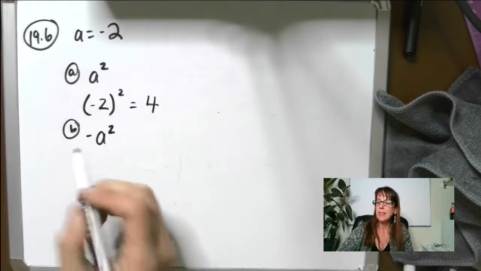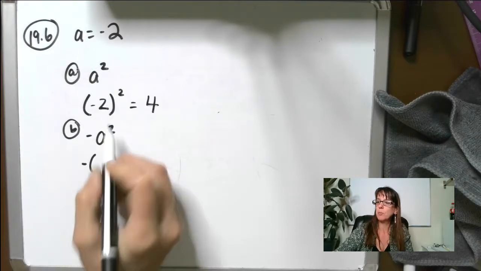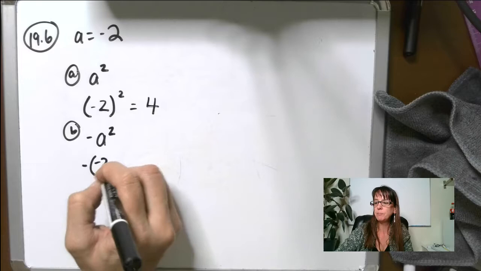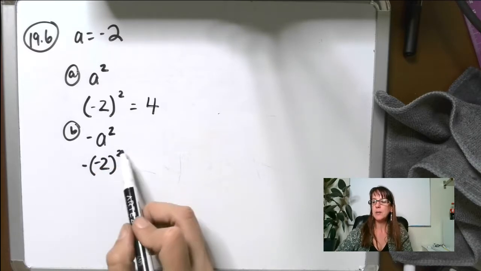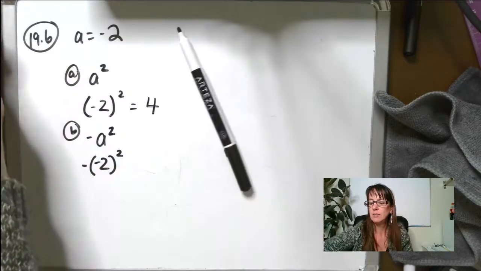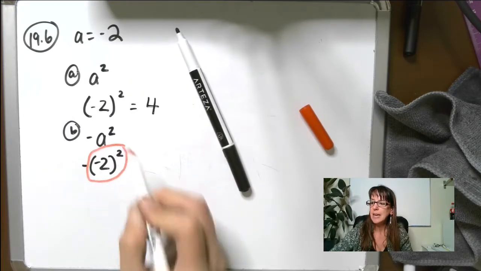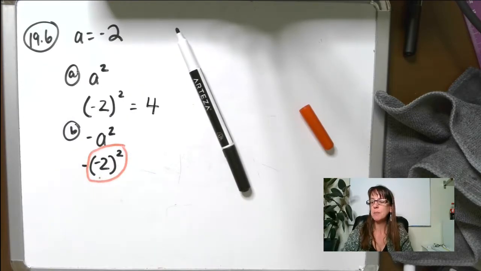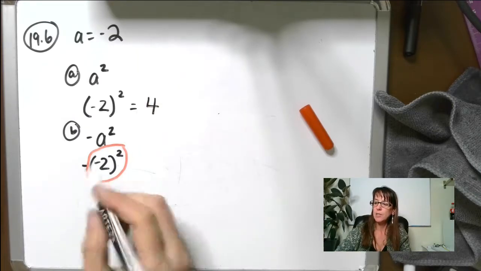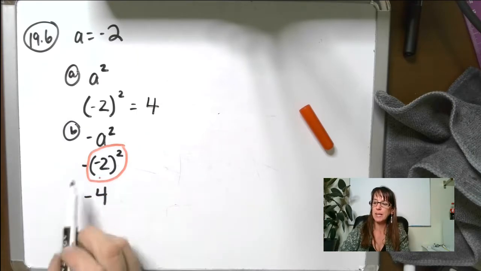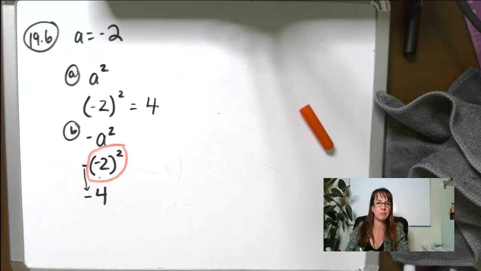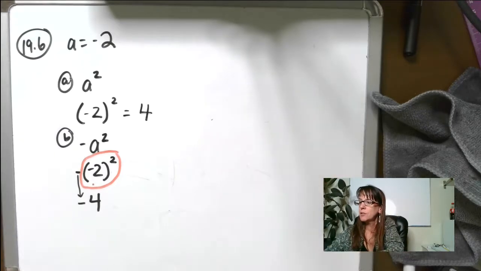B, negative A squared. That means we've got negative, and then we use our parentheses because we're plugging in a negative number. What we need to do is do all this first, okay? Negative 2 times negative 2 is going to be positive 4. So it's negative 4, because I have to bring that negative down here. So for C,